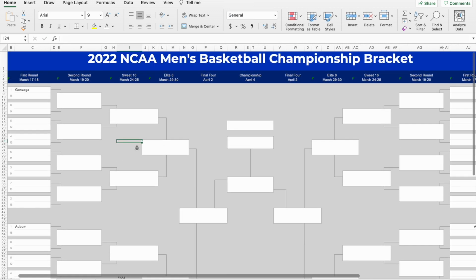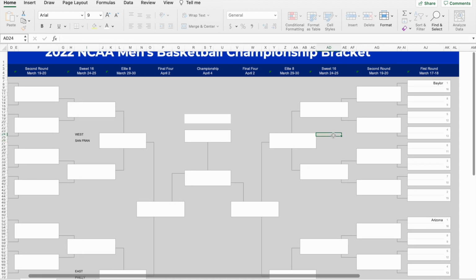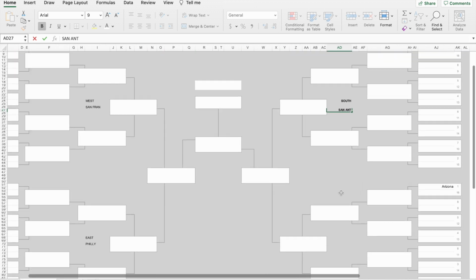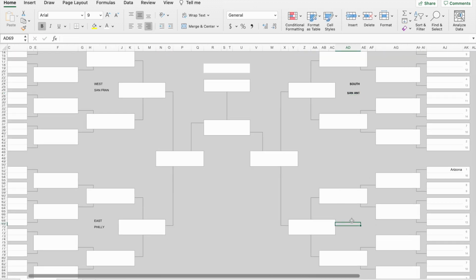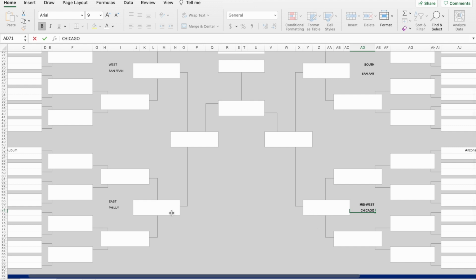Because Gonzaga is West, they're going to be in San Fran. And then Baylor's going to choose the South, so they're going to be in San Antonio. Just kind of abbreviating it. And then here, Arizona's going to be Midwest. That's in Chicago. All right, so now that we've kind of placed the regions like that, what we're now going to do is